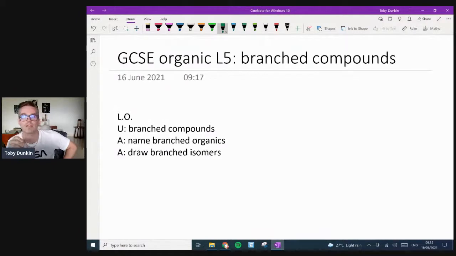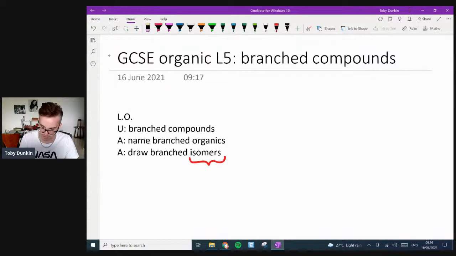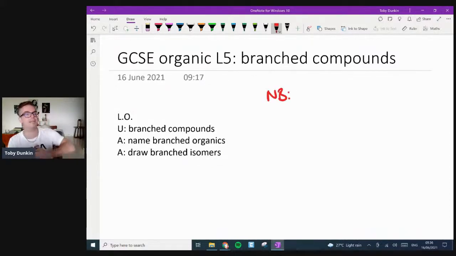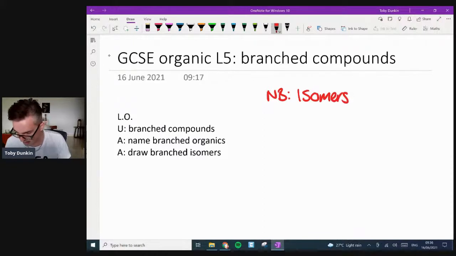Notice that I've switched to the word isomer. I really need to reinforce this word. So just a reminder, I'm going to put a nota bene over here. I know I've been repetitive, but this is a good thing. The more repetitive I can be, the more times I can put this into your head, the better I always feel about things. So nota bene, isomers. And you can write this down for me, folks. Isomers, compounds